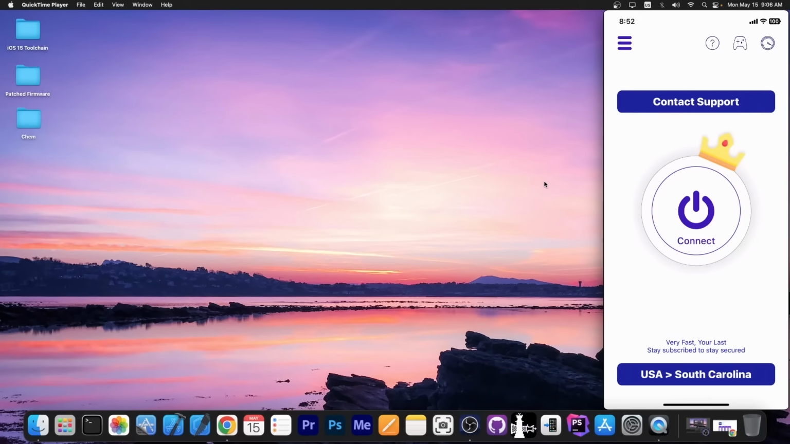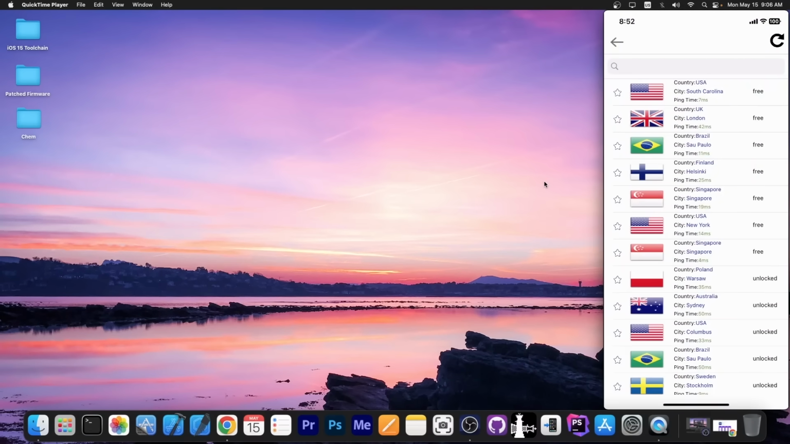You have a big contact support button in there if you need to contact support. Then down at the bottom we have the locations. There are a couple of free ones, for example South Carolina, United States of America, London, UK, Brazil, Finland, and even Singapore, USA and stuff like that. There are a couple of free locations that you can get even without having a paid plan on the application,